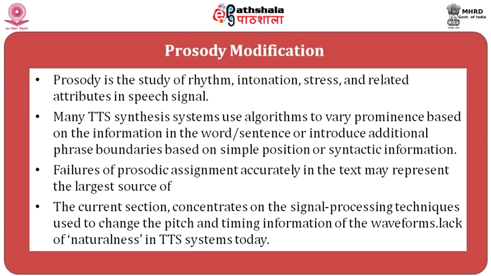Many TTS synthesis systems use algorithms to vary prominence based on the information in the word or sentence, or introduce additional phrase boundaries based on simple position or syntactic information. In case the prosodic breaks are automated, then the problem is handled. However, manual prosodic labeling is very labor intensive, and the variety of prosodic behavior that humans vary in normal communication is very large. The relationship between such behaviors and automatically detectable features of a text is not well understood. Failures of prosodic assignment accurately in the text may represent the largest source of lack of naturalness in TTS systems